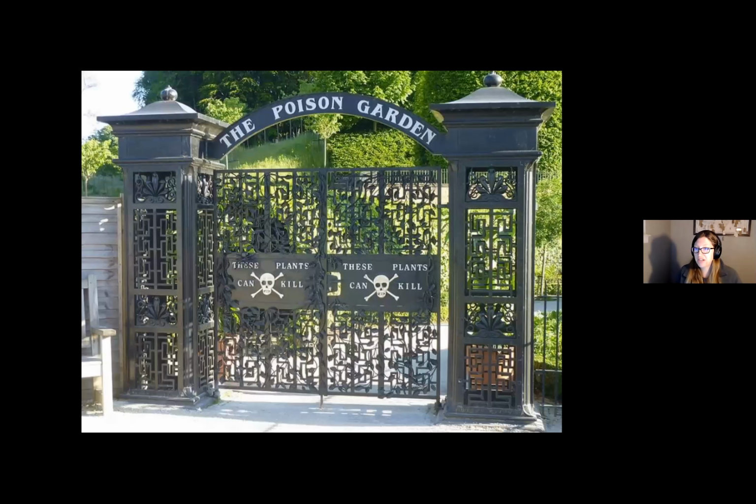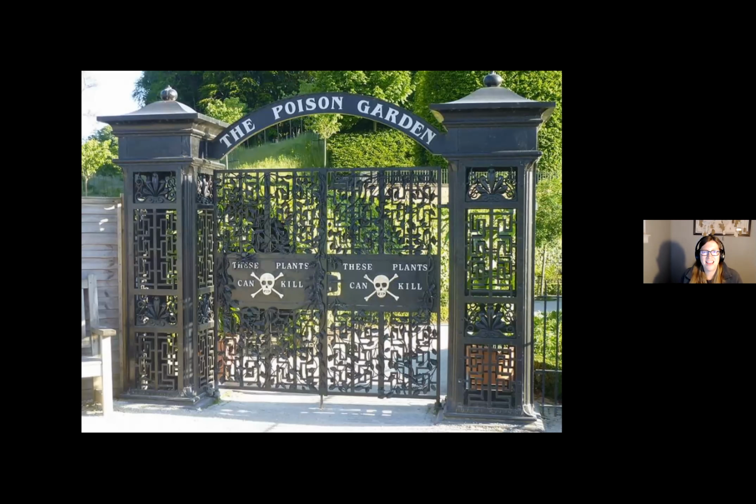So anyway, I do want to take a little journey. Some of you that know me know that I tend to go to Ireland every summer, but I haven't for a little while. Last year my trip got canceled, and this year my trip also got canceled, but I hope to go back next year. One of the places that I like to go is the Poison Garden, on the Blarney Castle grounds in Blarney, Ireland. And it's a fantastic